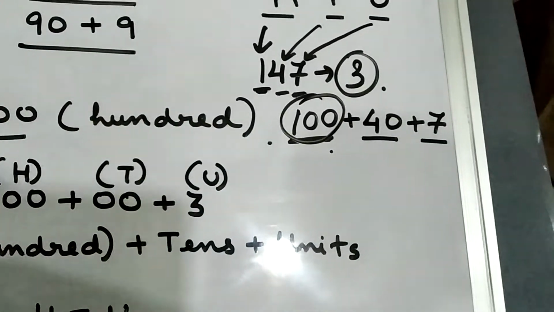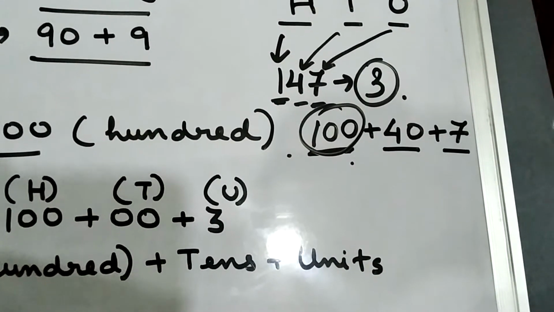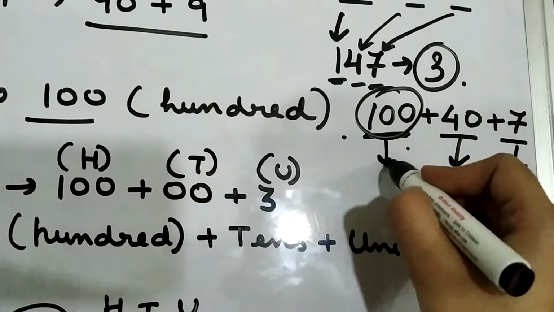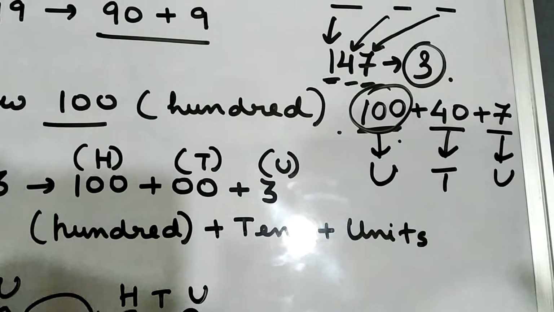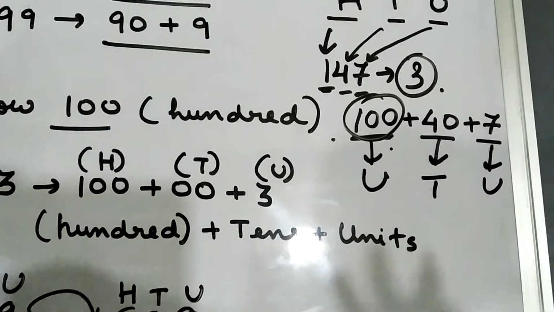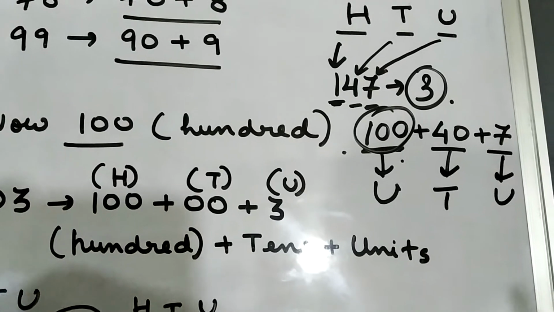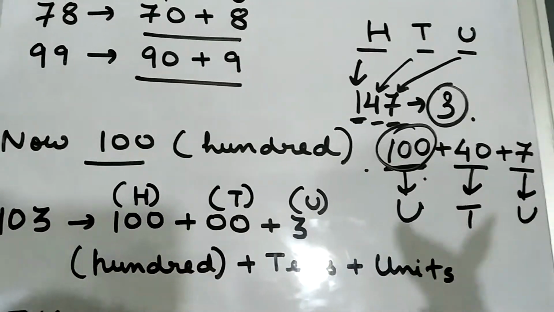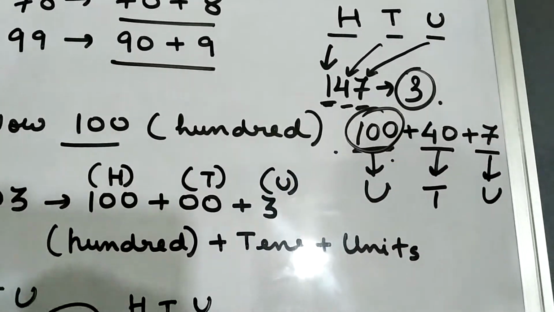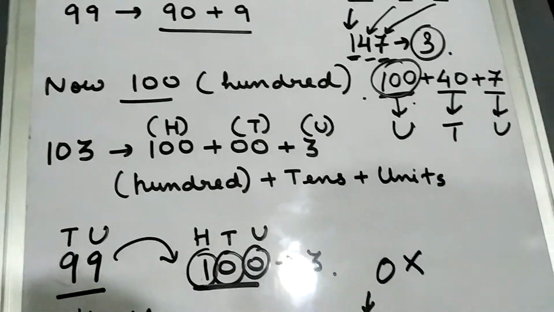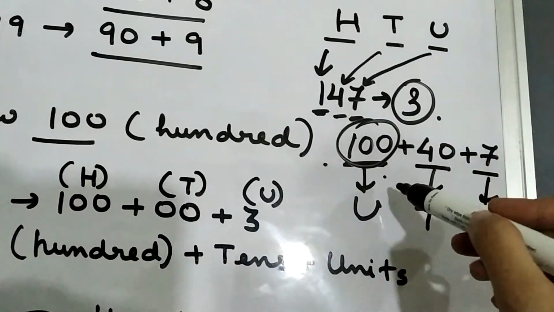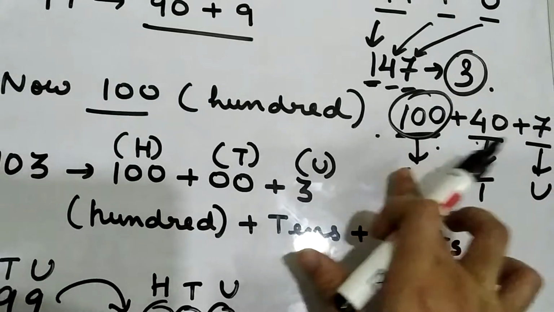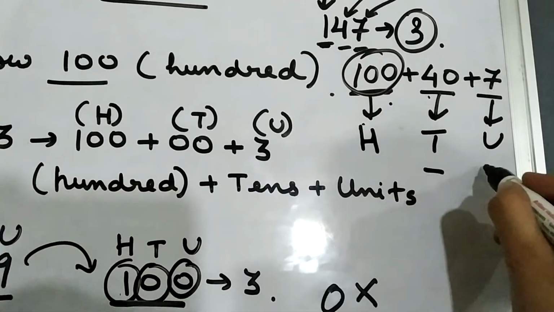As you all say in number names also, 147. 40 is your tens position, 7 is your units position. Please remember it like that. When you write the number names, you always say 147, with 100 as the hundreds position, because we have a 3-digit number now. It is not said like 47, it's 147. So when we break it and write it in the expanded form, we write 100 plus 40 plus 7, because we have a position. This is the 100, this is tens, and this is units.